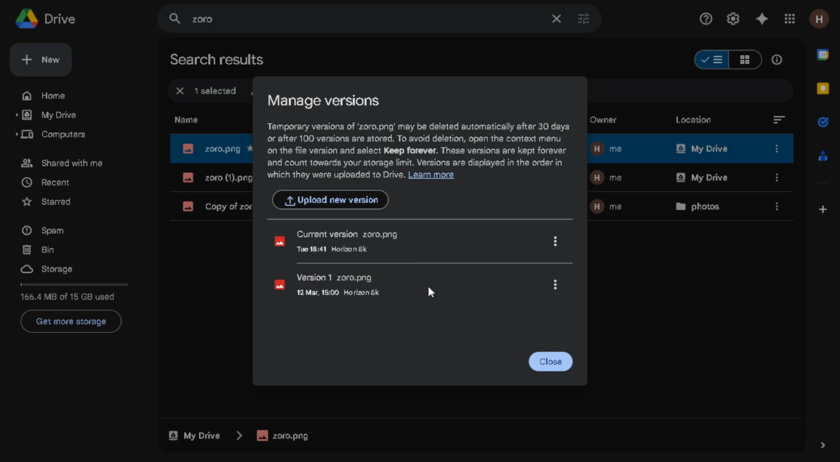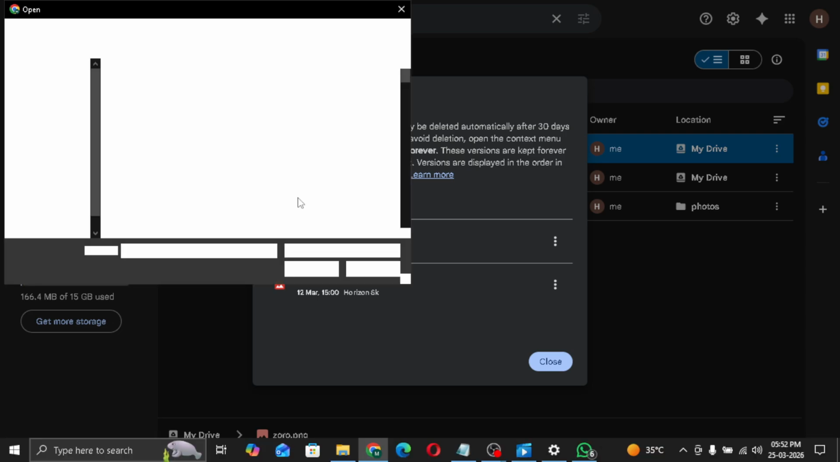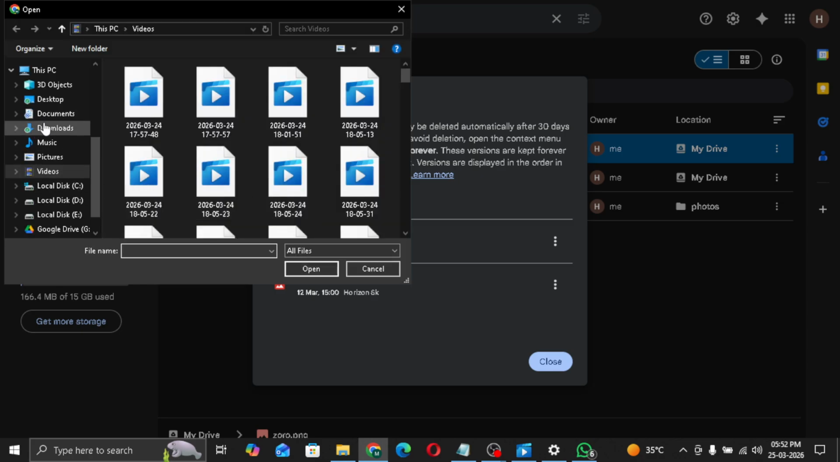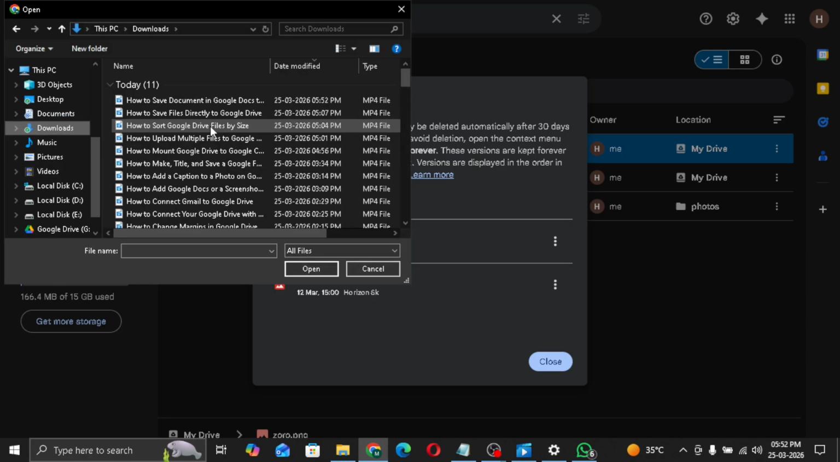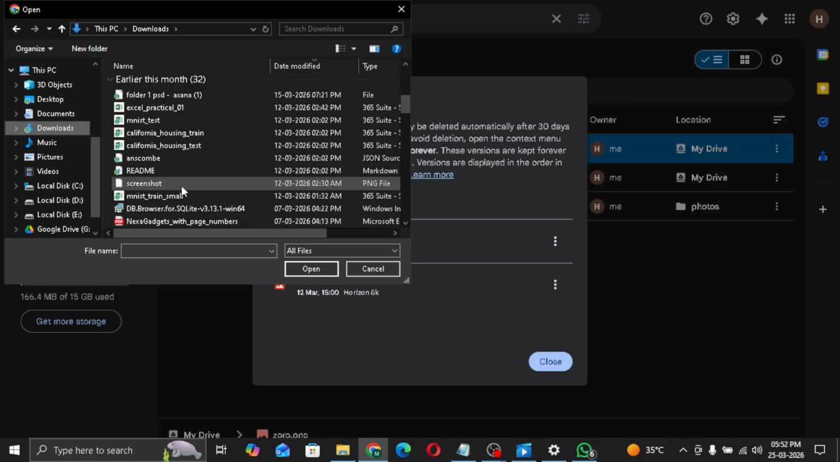In the Manage Versions window, you'll notice a button labeled Upload New Version. Click on that. A dialog box will open up, asking you to choose a file from your computer's local storage. Find the updated file that you've worked on and want to replace the old one with. After selecting it, just click Open, and Google Drive will take care of the rest by replacing the old file